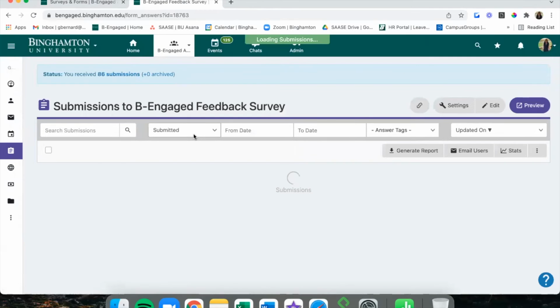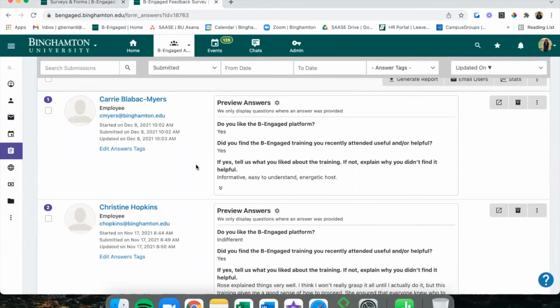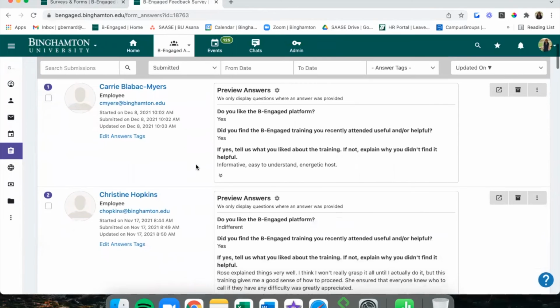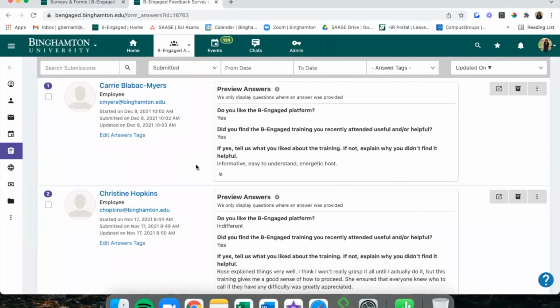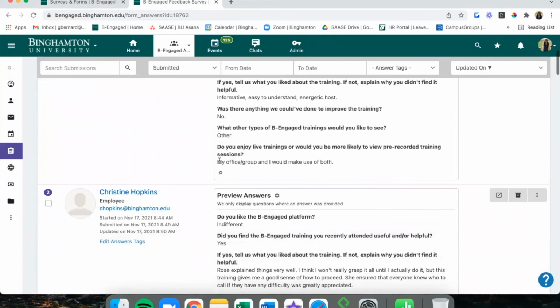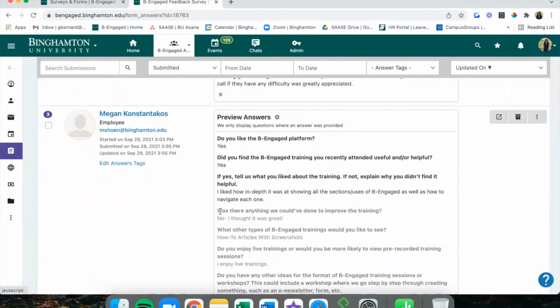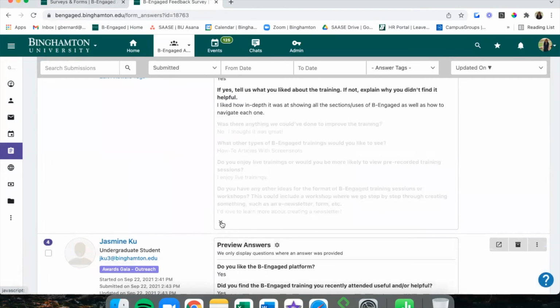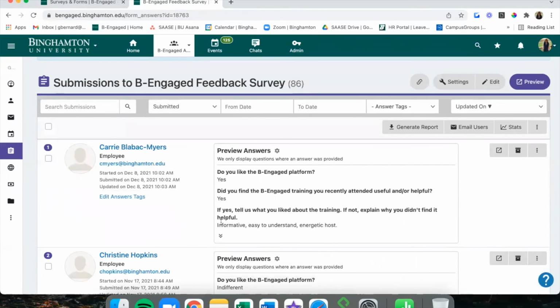So if we click on a form, you can see we have the ability to preview answers for the form. So this is what it looks like when a form doesn't have the approval box, and I'll show you what it looks like when it does after this. But you can preview answers. You can see how people responded to your questions. For each person, that's there.